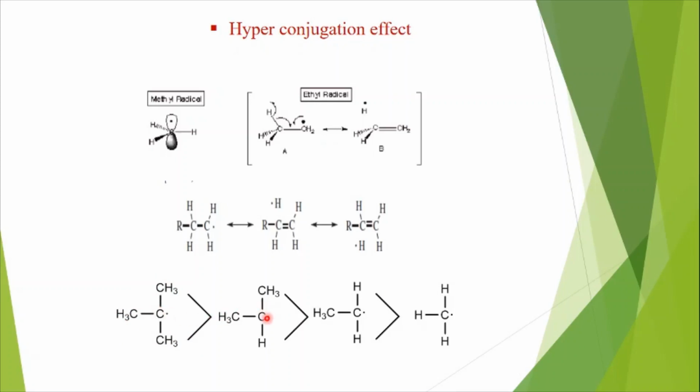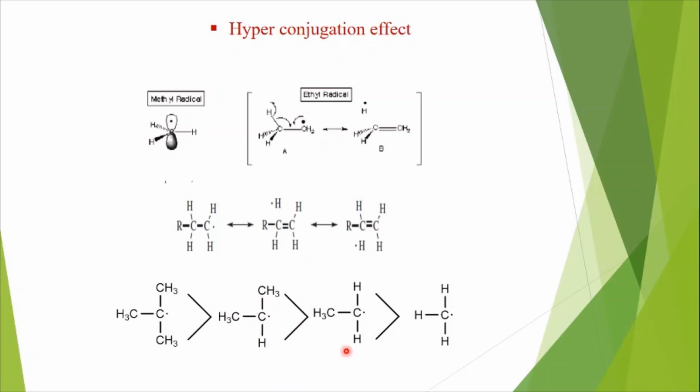Then the second one, secondary butyl radical, has only 2 methyl groups. It means that it has only 6. You can write only 6 hyperconjugative structures, and for primary radical you can write only 3 hyperconjugative structures. So the stability order will be this to this. So tertiary butyl radical is more stable than this